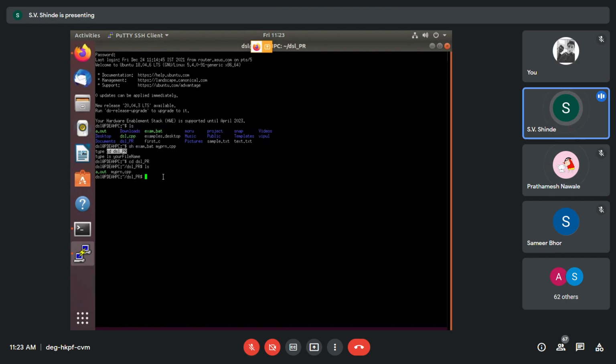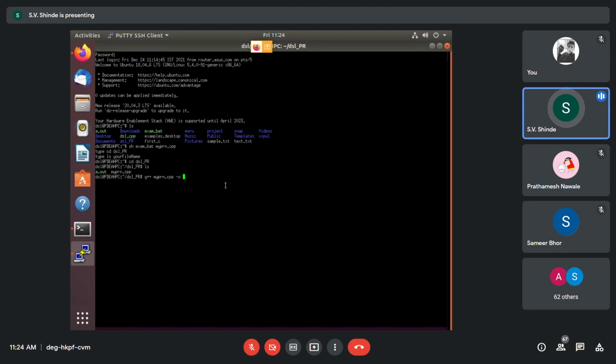Okay, now how to compile it? You have to compile it with G++. So type G++ space your program name myprn.cpp and -o. This is very important.